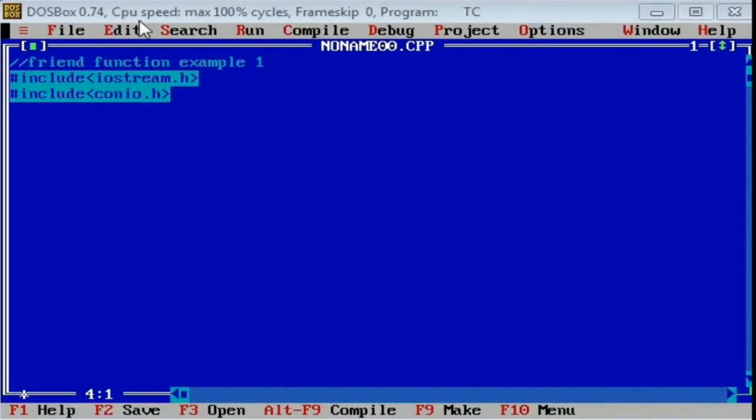Here you can see I've already written a single line comment, friend function example number 1, #include iostream.h, #include conio.h. Now we are going to define a class, name it base, then curly open brace. Here we are going to declare two variables under the data members, that is under the private section. Now we'll write the public access specifier